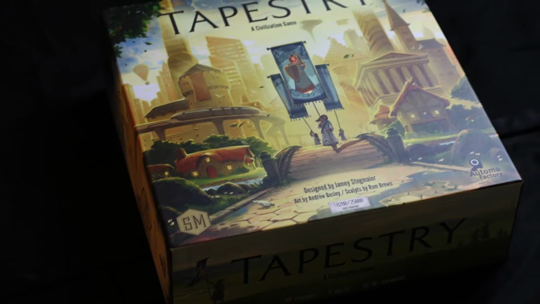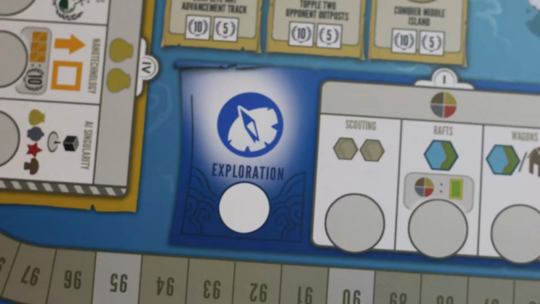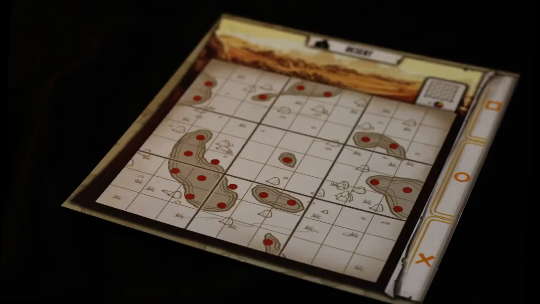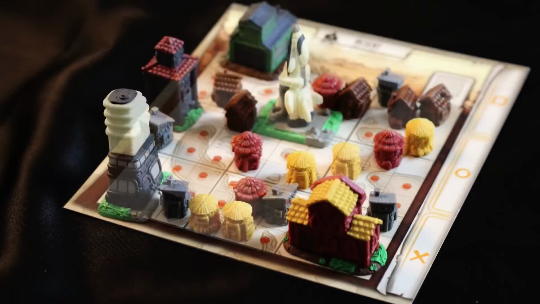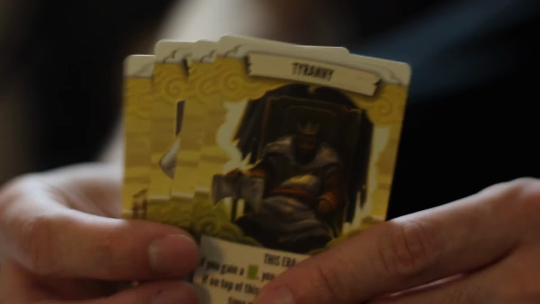In Tapestry, you start from nothing and advance on any of the 4 advancement tracks: science, technology, exploration, and military, to earn progressively better benefits. You can focus on a specific track or take a more balanced approach, and you will also improve your income, build your capital city, leverage your asymmetric abilities, earn victory points, and gain tapestry cards that will tell the story